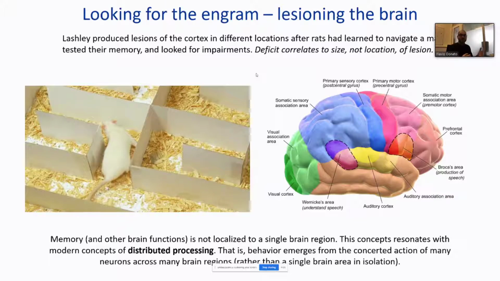One caveat of this experiment is that Lashley was making a lesion and waiting for the animal to recover. By the time the animal had recovered, the brain had already compensated for the loss of that specific area if the lesion was quite small, so the animal would not show an impairment in navigating the maze. If he had done an acute experiment, he would have found some meaningful region early on. But let's keep it for the next part of the talk.